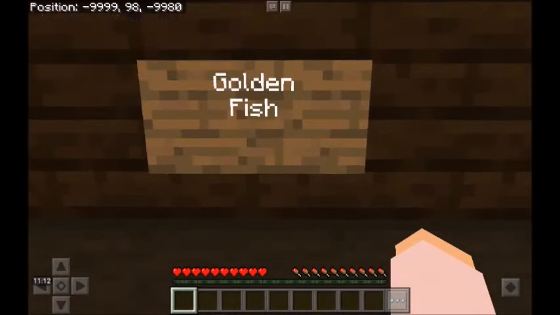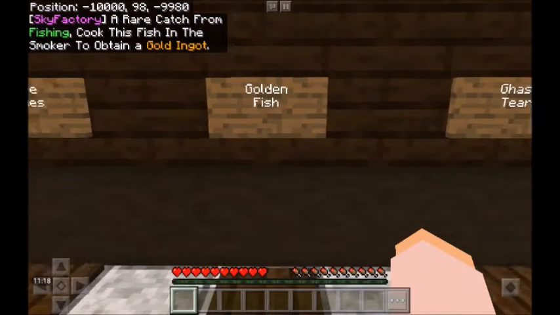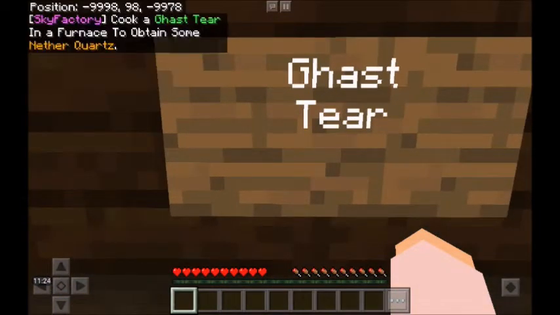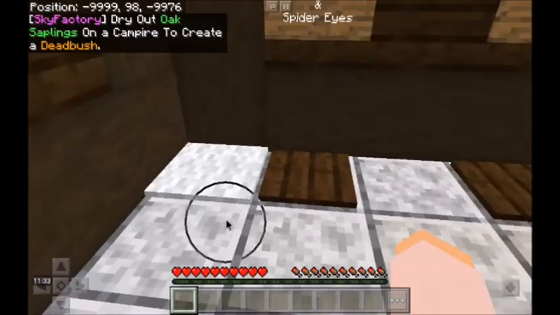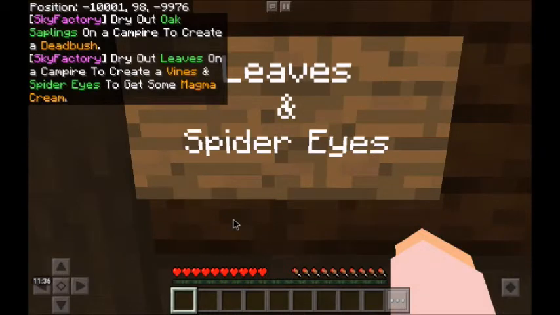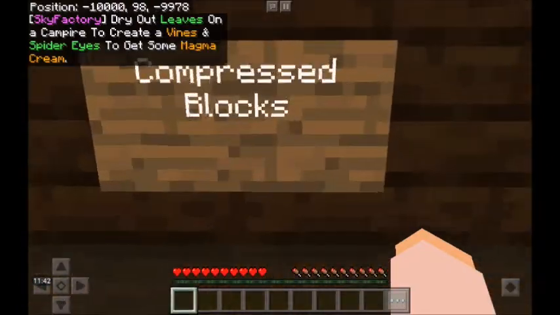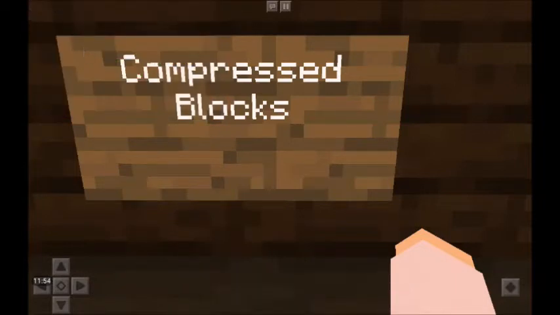Okay. So golden fish. A wreck hatch from fishing. Cook this fish in the smoker to obtain a gold ingot. Okay. Gas tier. Cook a gas tier in a furnace to obtain some nether quartz. Dry out oak saplings on a campfire to create a dead bush. Okay, so that means campfire. Dry out leaves on a campfire to create vines, and spider eyes to get some magma cream. Okay. Compressed blocks can be cooked in a furnace. Results. Oh, compressed cactus gives us water. Compressed rotten flesh, cooked beef. Compressed red sand. Yeah, we're going to need...